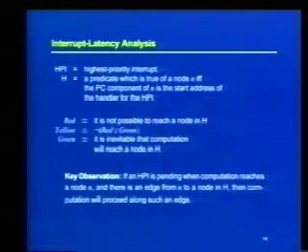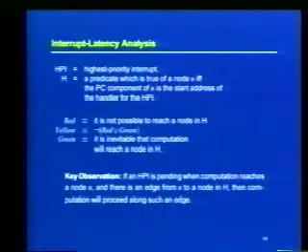So now, what we're going to do is that we will paint or color all of the nodes in the graph red, yellow, and green. So red means there is no way, if an interrupt arrives in this red node, there is no way that control will ever come back to a handler. So that's the last thing we want. So this is not even saying infinite interrupt latency in some sense. It's saying it's really infinite. It's just, you will never get there.